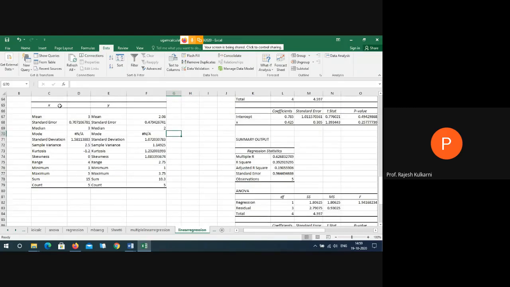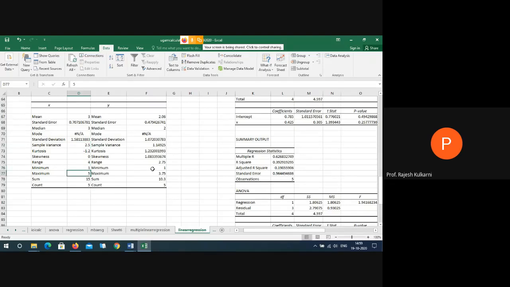So tell me, mean of X. Just tell me the values here. Mean of X, 3. Mean of Y, 2.06. Okay, then we calculated median of X, median of Y, then standard error. Then we calculated the variance. Minimum value is 1 for X, 5 for max.